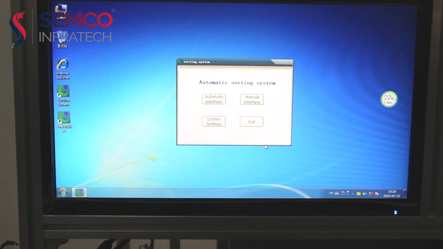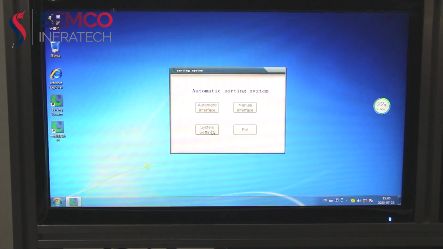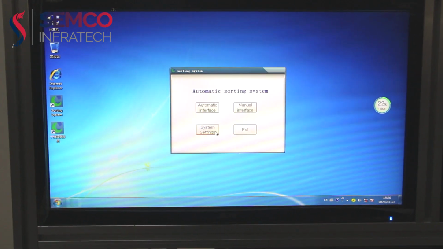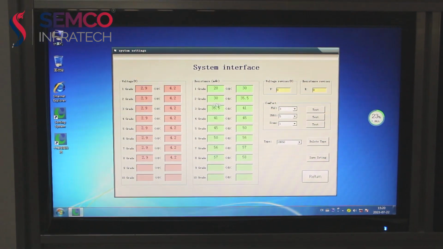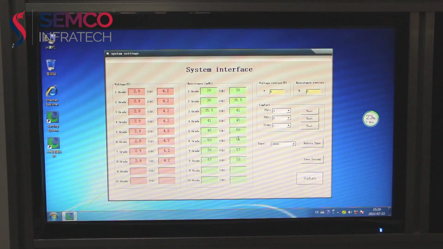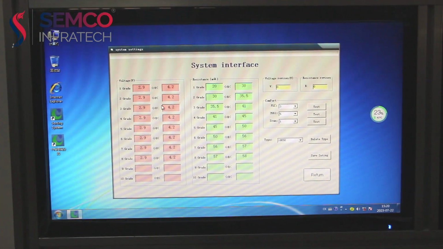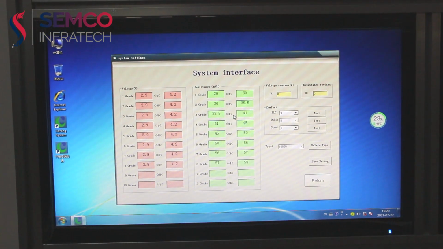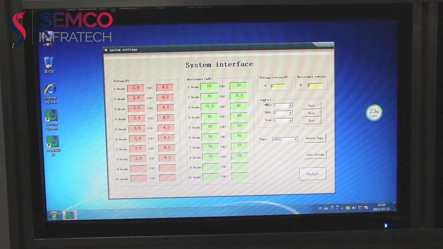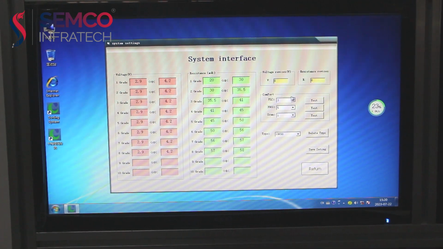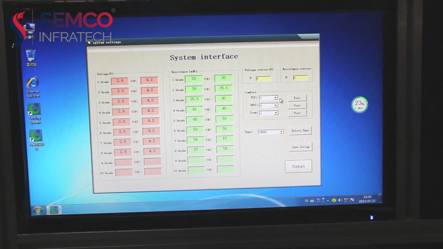For starting this machine, at first we have to go to system settings. Here we can create a program on the basis of our cells' voltage value and resistance value. Then here is the COM port selection. We have to communicate it.